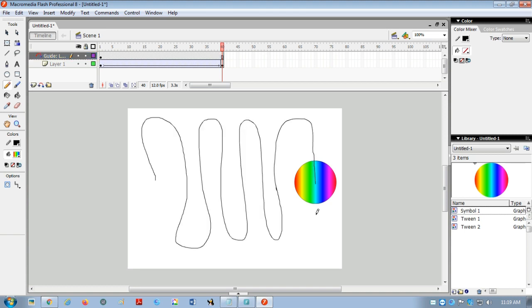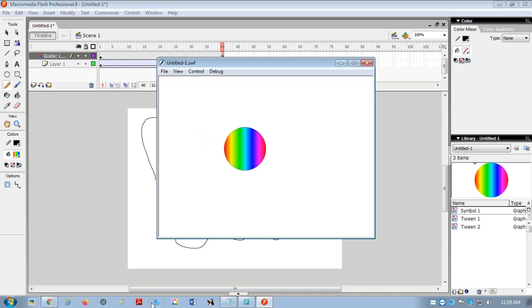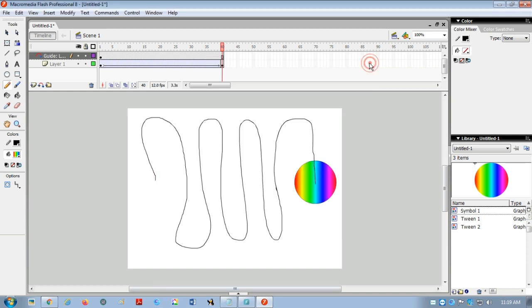Then you can test your movie. Just press Ctrl plus Enter. If this happens to you also, then we have not set the center of this line properly in the center of the circle. So you have to adjust it a little bit.